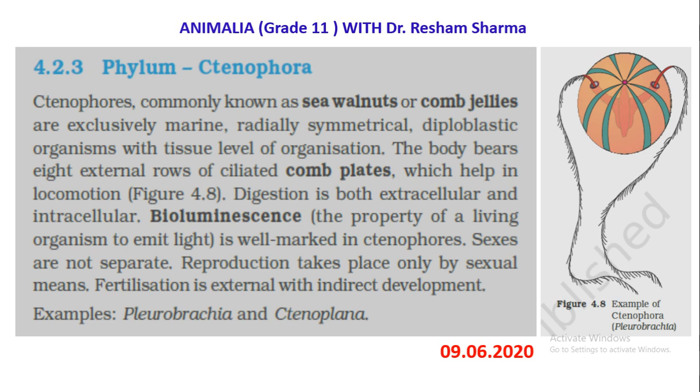And of course, as the name indicates, you must have seen that it is spelled with a C, but we are pronouncing it as the T. So the C remains silent, like in case of the Cnidaria. So it is ctenophores. And of course, it is characterized by 8 comb plates. So the body of a typical ctenophore will bear 8 comb plates. These comb plates are essentially 8 external rows of cilia. One, two, three, four, five, six, seven, eight, right?